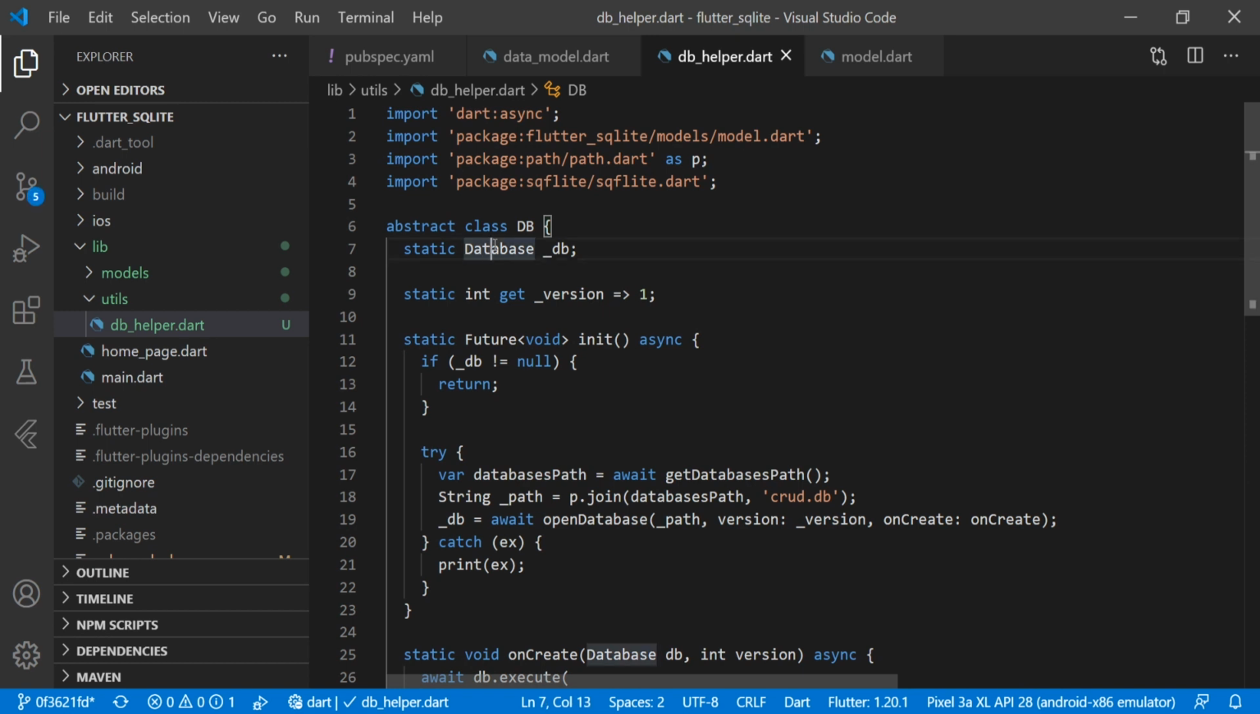We have created one abstract class named DB, and there we have a static database variable, that is _db. Then we have a version variable. We are not covering versioning in this video, but the version is used if, suppose, you have an application with SQLite